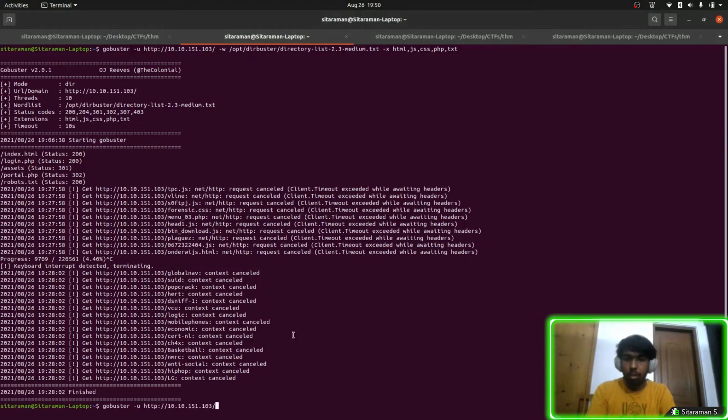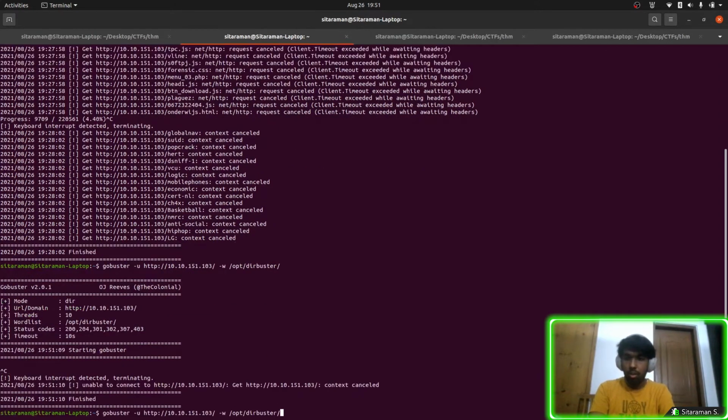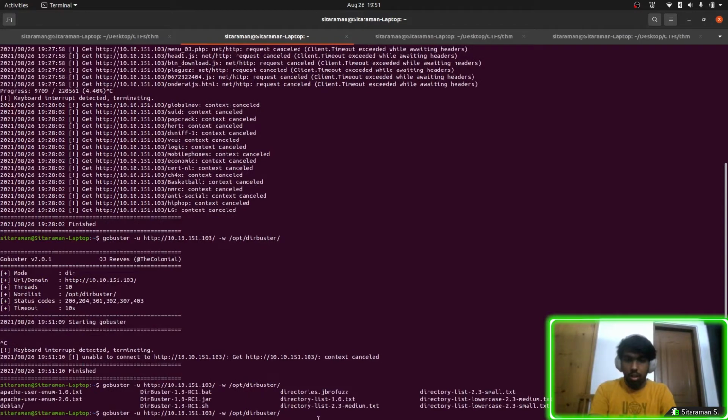In my case, it's this URL, so I'll just copy it and paste it. And minus w is for the word list. I have a word list file in /opt/dirbuster. I have a lot of Dirbuster word lists, but I'll choose this one because I know it has common directory names.